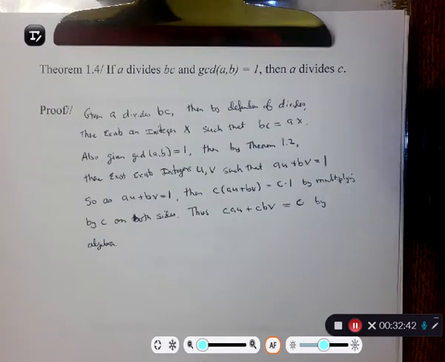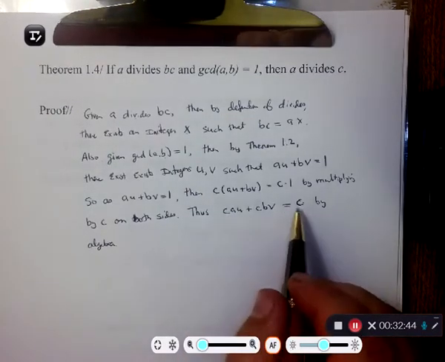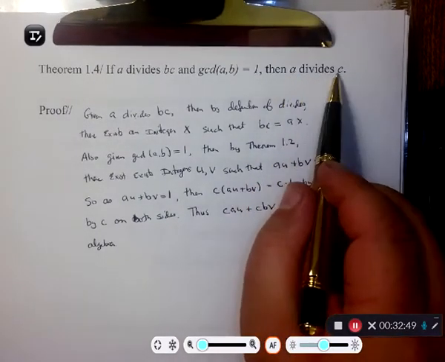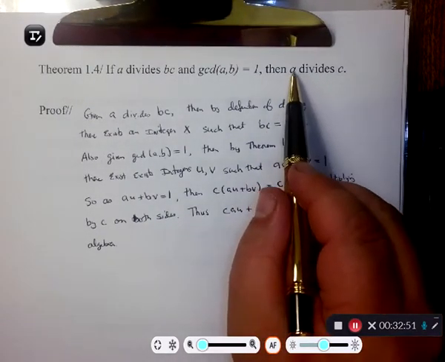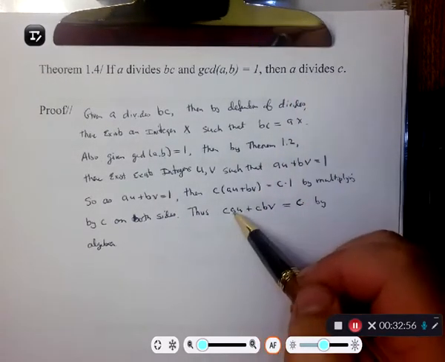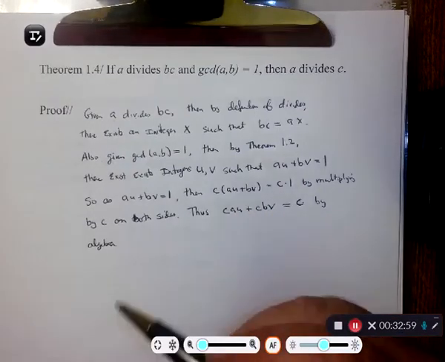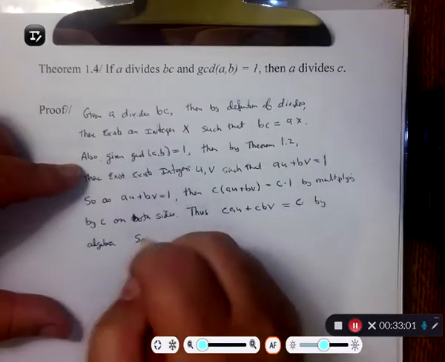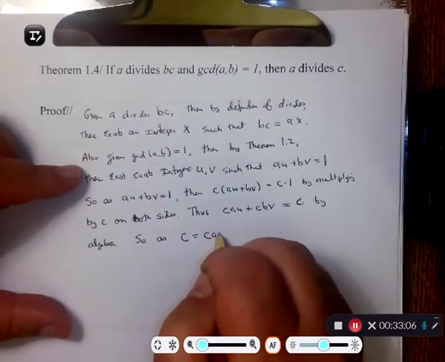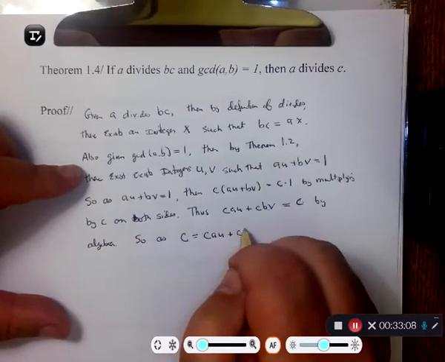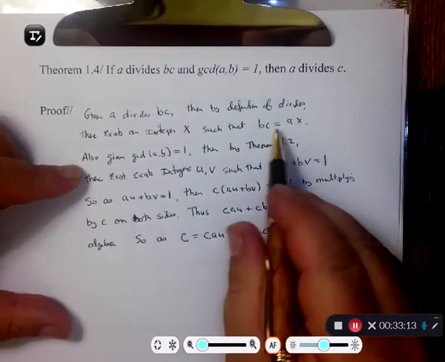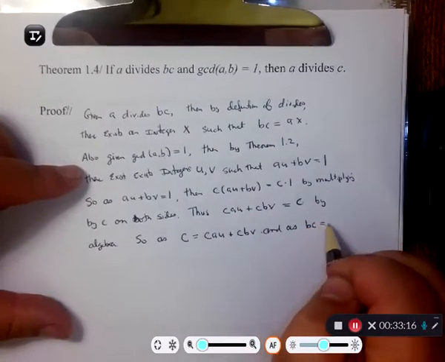Okay? So I got my equation. I got an equation equal to C. But if I want to show that A divides C, I want to be able to factor out an A, basically, and maybe multiply A times some integer by my definition. Well, I've got an A here, but I've got to put an A over here. So as C is equal to CAU plus CBV, and remember that other one, BC was equal to AX,